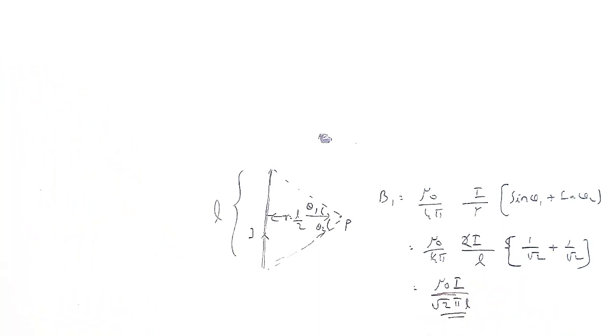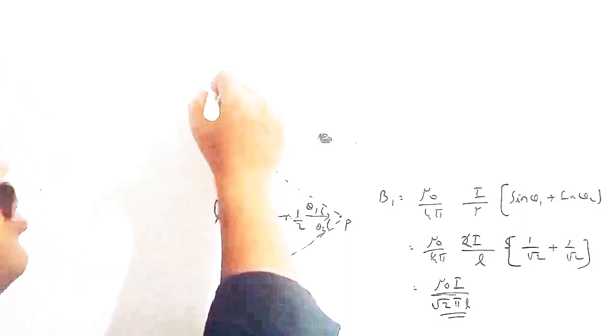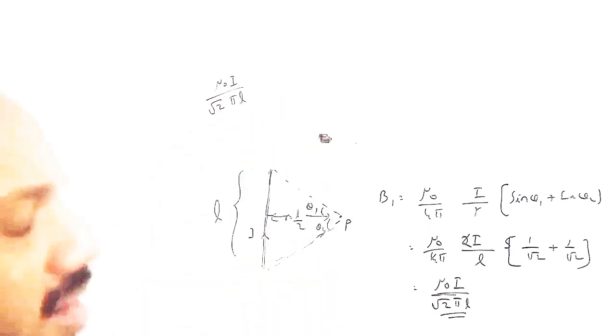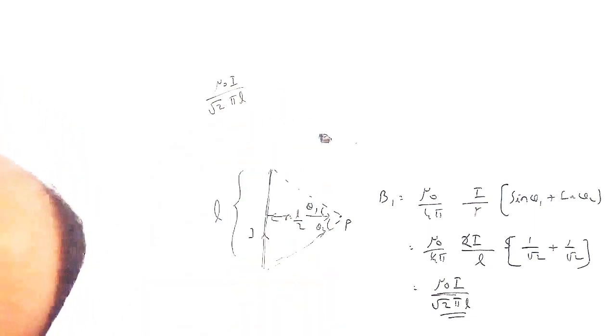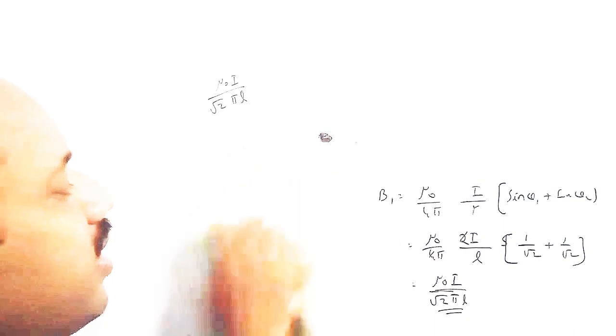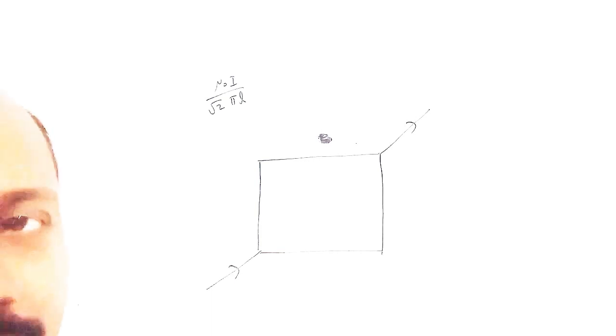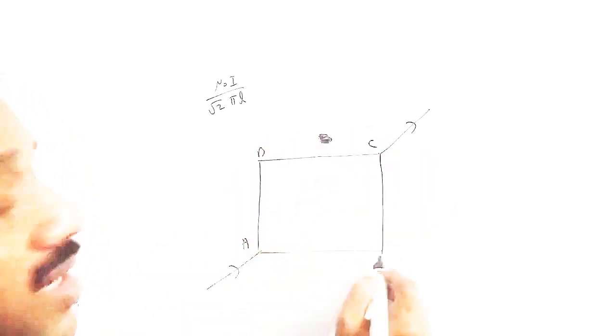This is the magnetic field due to a single straight wire, right? It is mu 0 I divided by root 2 pi L, where L is the length. Now look, I am going to redraw the figure they gave. It's better to draw like this. They give the connection like this. If you keep your book in a slanting view, you can see it is given like that. This is ABC.